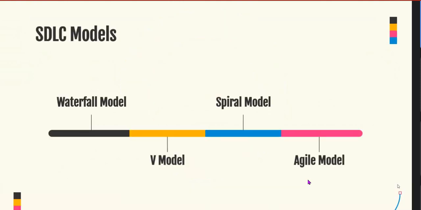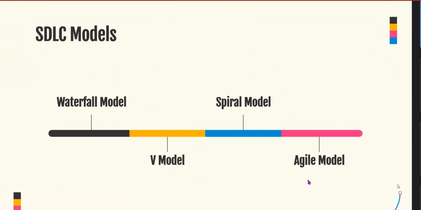Next is V model. It executes based on testing phase for each of the corresponding development stage. So here the development and testing is done simultaneously. And in spiral model, it starts with small set of requirements and goes through each development phase for those set of requirements. In agile model, here agile model arranges the SDLC phases into several development cycles, which we call a sprint,